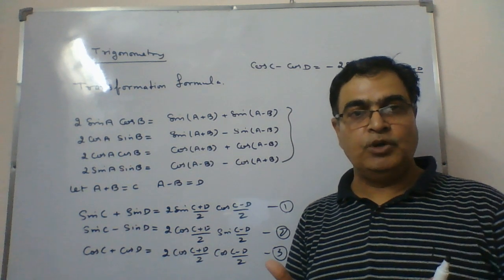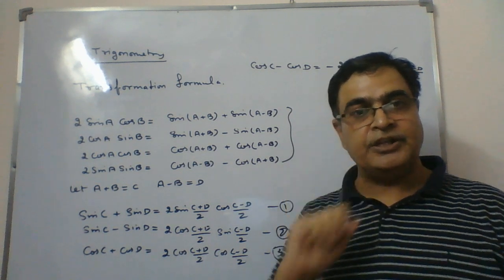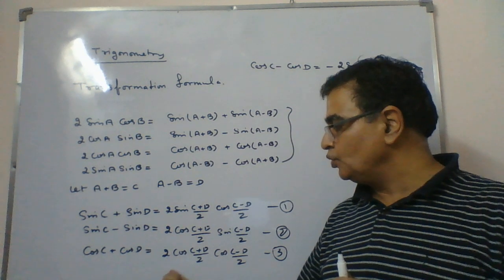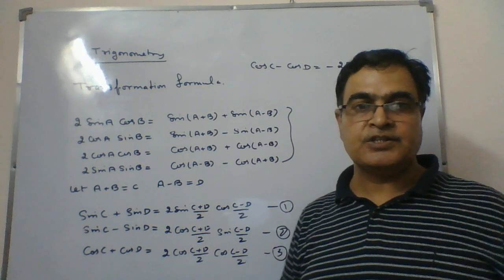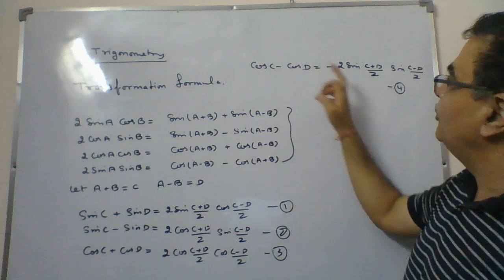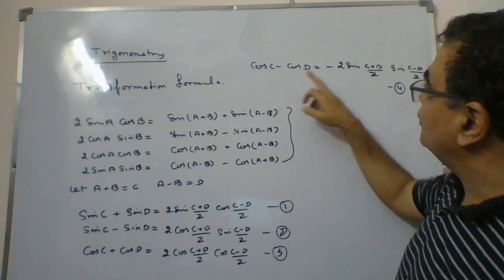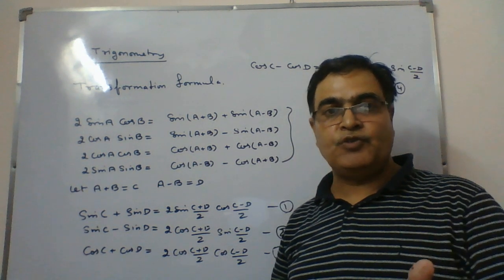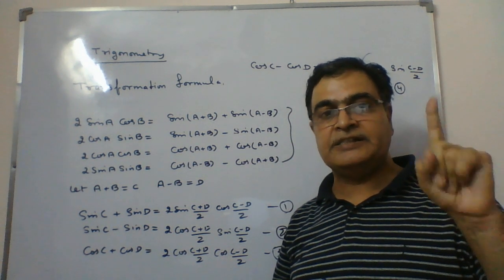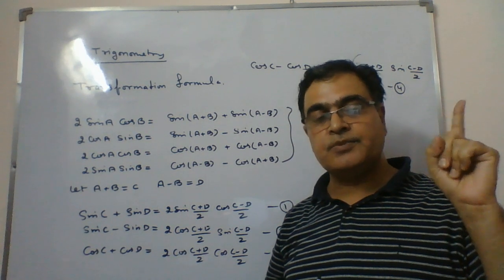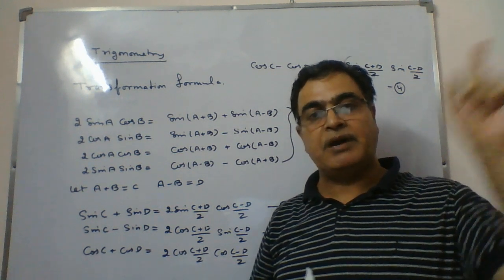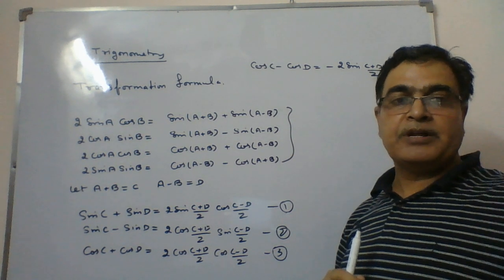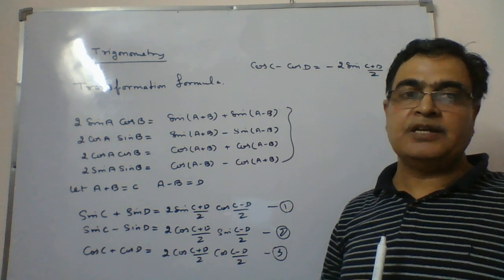Now this is the cos formula, where plus is there, so the first term will be there. What term is there? Cos and cos, so it will come 2 cos (c plus d)/2 cos (c minus d)/2. Same way when we go for cos c minus cos d, it means the cos formula's second term. Second term means sine and sine. But keep in mind, whenever a minus sign is there, minus 2 is taken common here: 2 sine (c plus d)/2 sine (c minus d)/2.